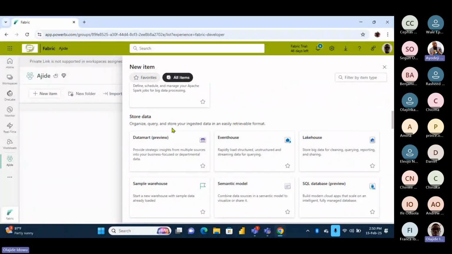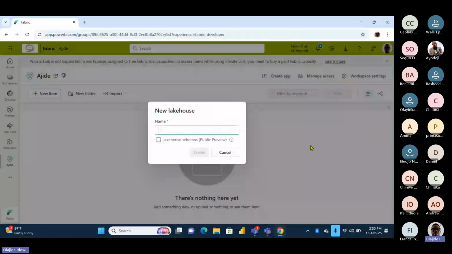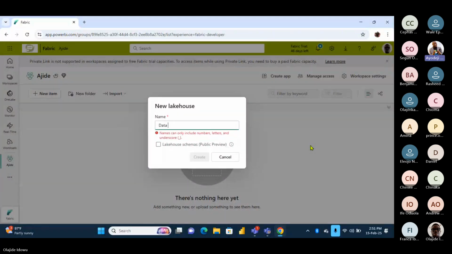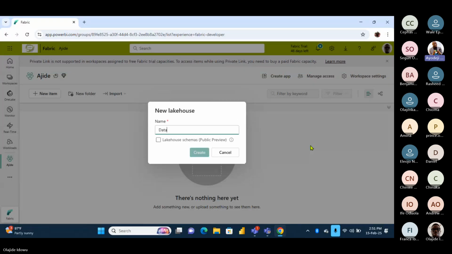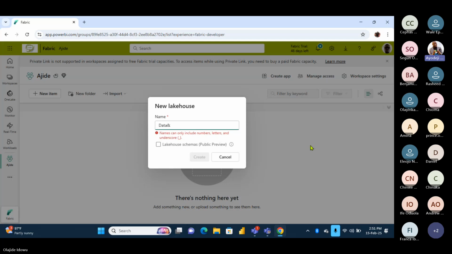Yeah, I know. They are categorized. This is store data. I understand. What name do you want me to call it? I'm already there. Oh, you're already there. So just give it the name data and AI. Just call it data and AI LH, Lake House, data and AI LH. If you have given it that name, leave it.